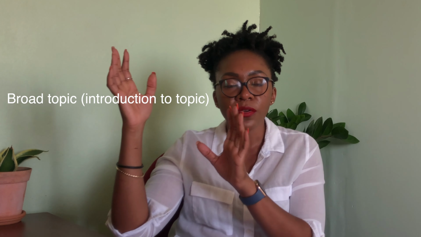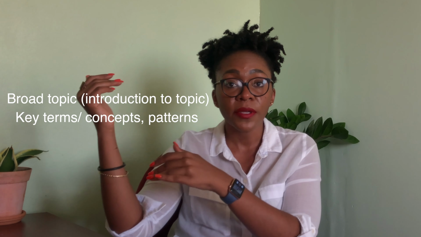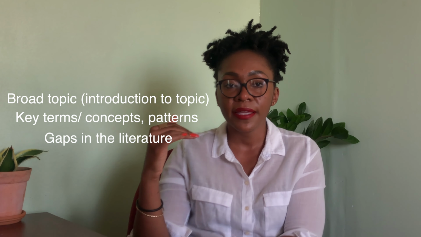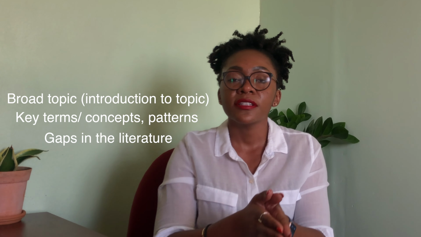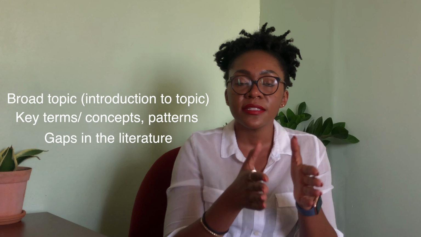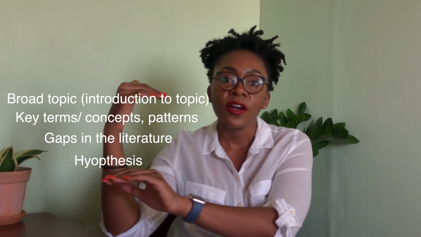So what you want to do in the structure is give a broad overview of what the topic you're covering is, and then slowly take the reader through the topic, getting narrower and narrower, focusing specifically on what you want to address in your thesis, in your dissertation. And then I talk about my hypothesis. The hypothesis would be based on all that I've read. How would I answer my research question? So start broad,